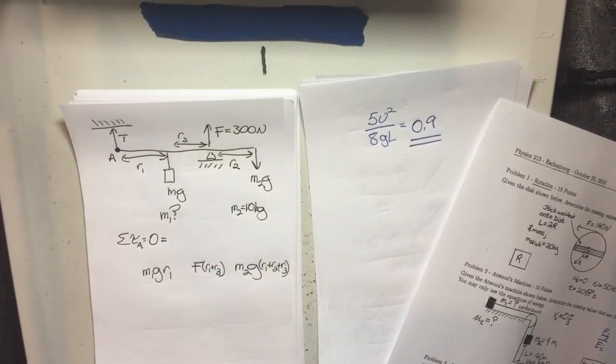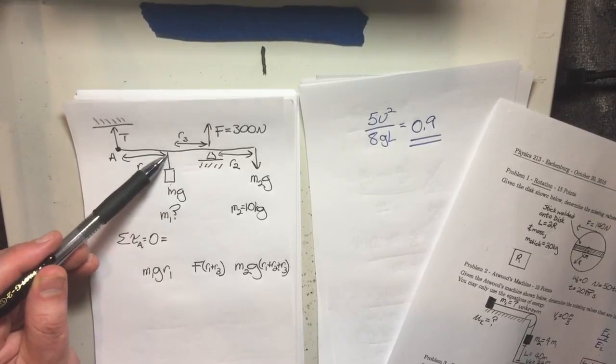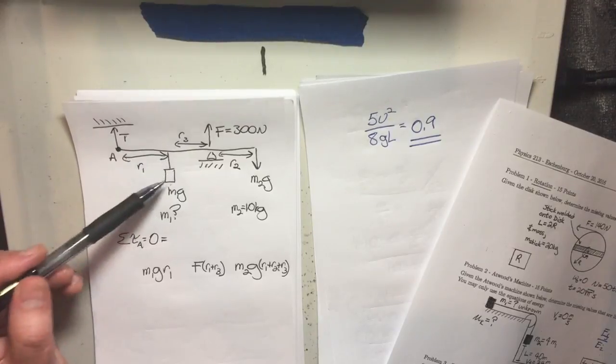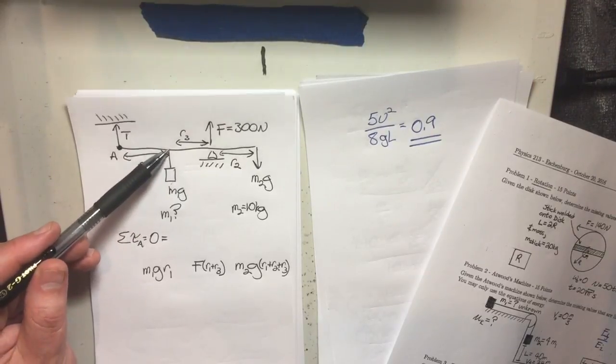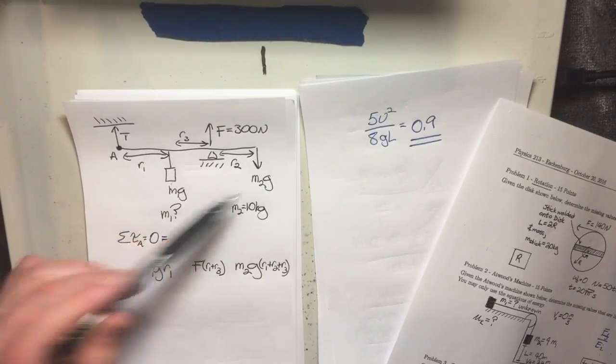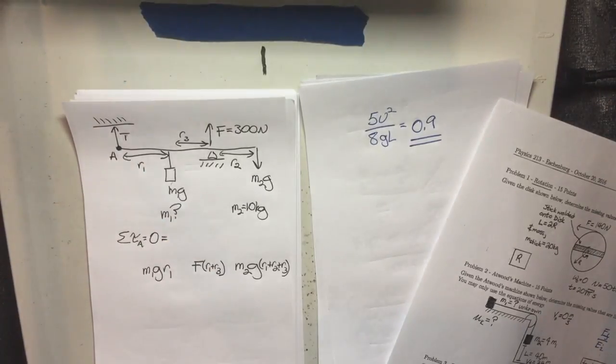The other valid point that you can use to sum up torques would be that point right there, because that's your other unknown. Had you chosen that point, you would use that, and that as the forces, and then the distances would change. Now,